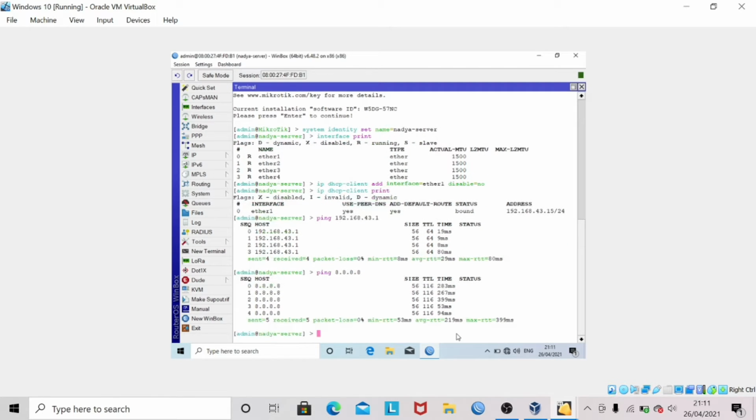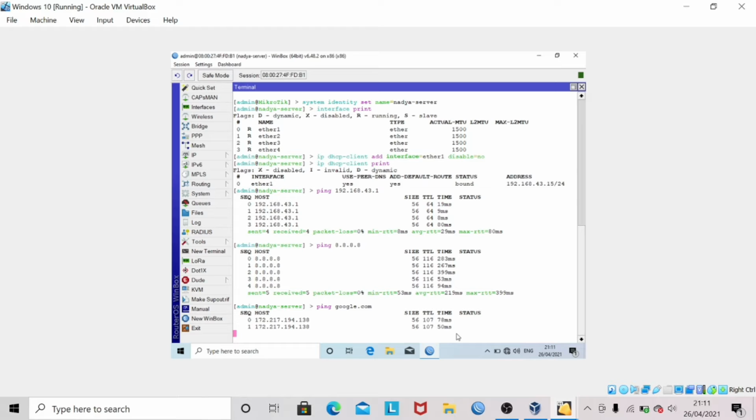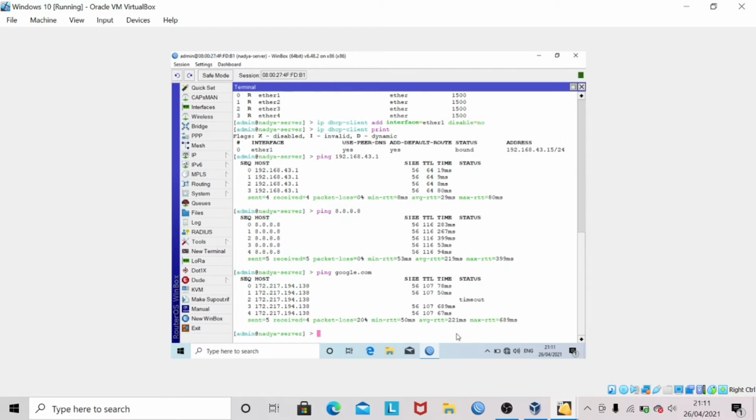After that, ping google.com. And the status is reply, which means the router has been connected to the internet.